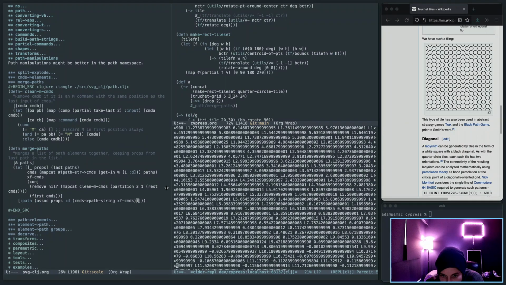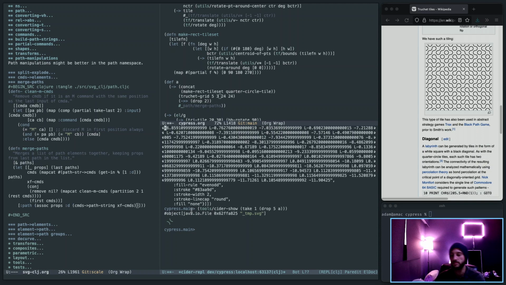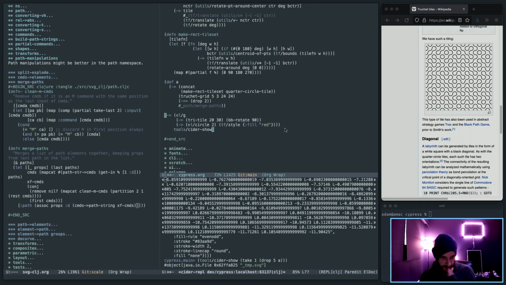So I'm not destructuring this properly. I have to do it differently. Who would have known? Right. What's happening is each cell is a group. I have to merge each group, or I have to. Sorry, that's not what I mean. I have to